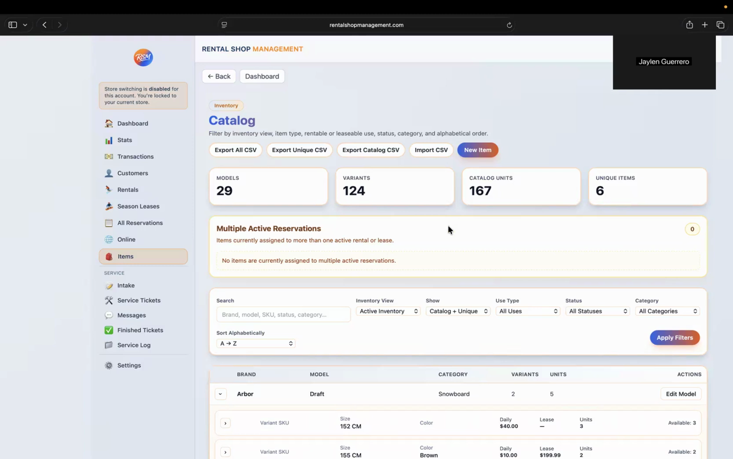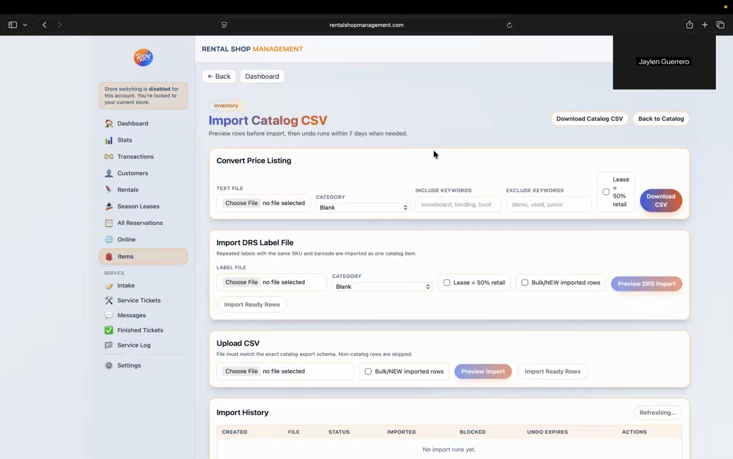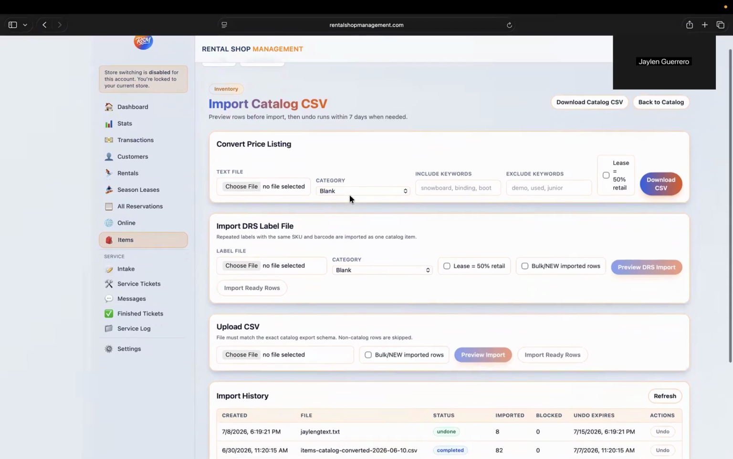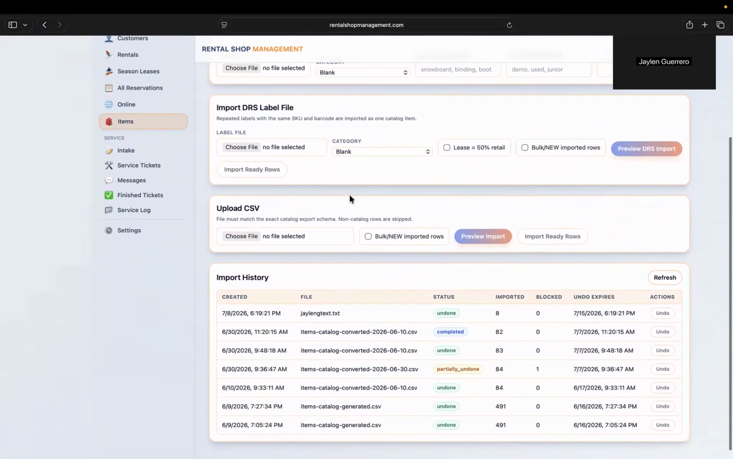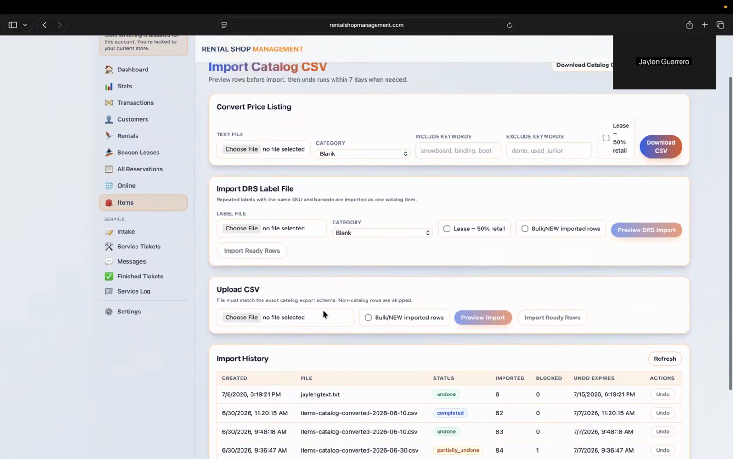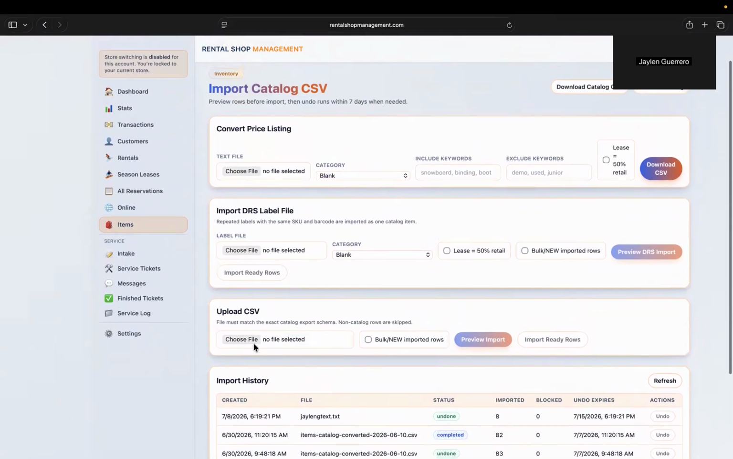Today I'm going to be showing you how to mass import items into your RSM inventory. The best way to do this, you're going to go to items, you're going to go to import CSV. And here, if you want, you can create your own CSV file that has all the right columns, and you could mass import all these just by uploading your CSV file here. I'll show you an example of that later, but